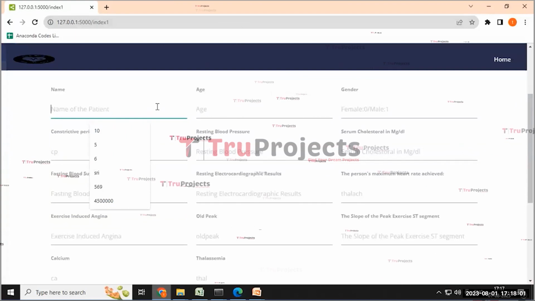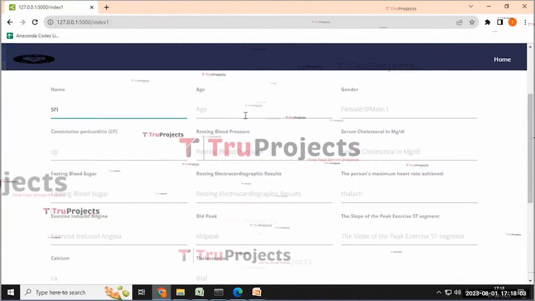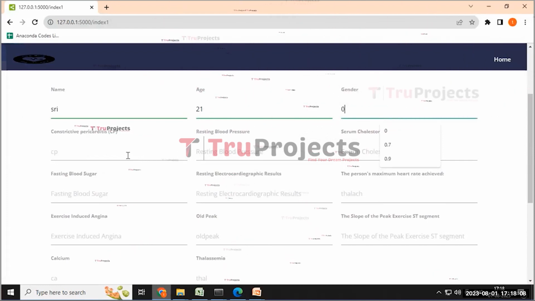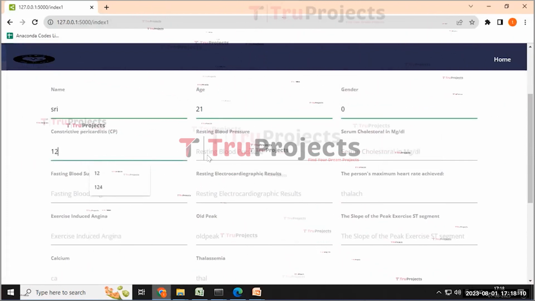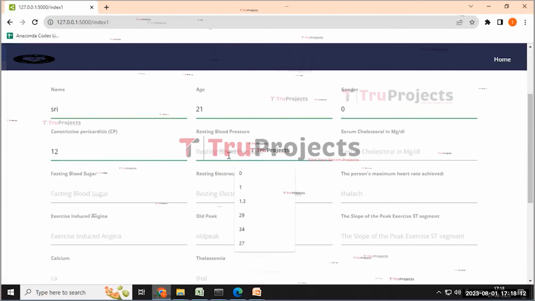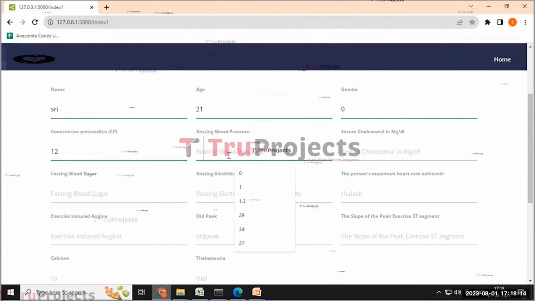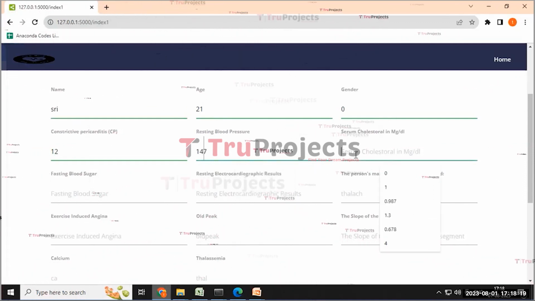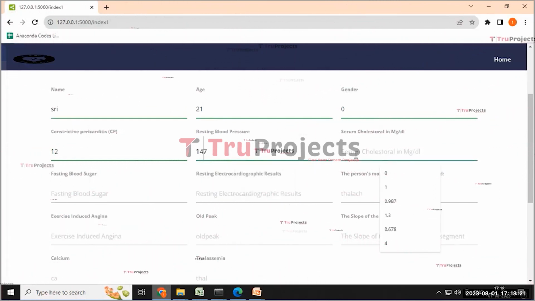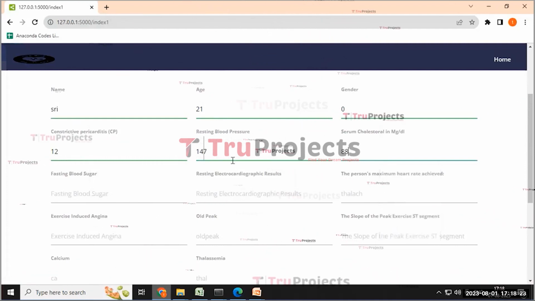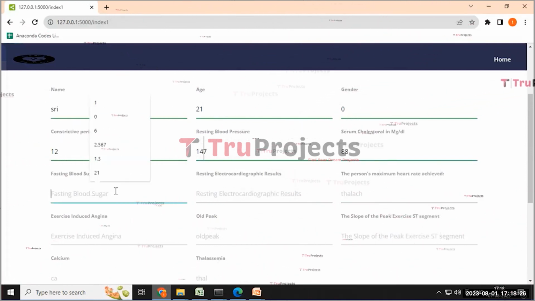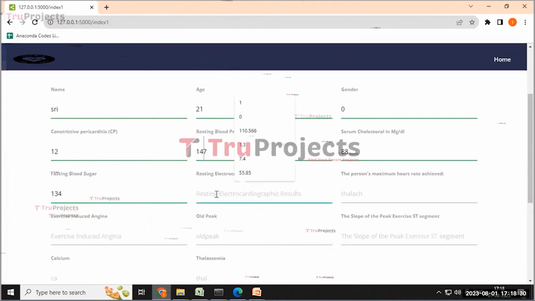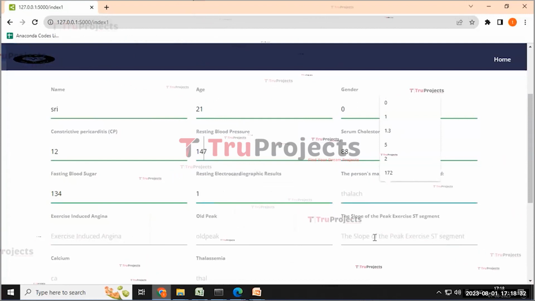Specifying the name as Sri and age as 21, and female I'm entering 0 and CP as 12, and resting blood pressure as 147, and serum cholesterol is 88, and the fasting blood pressure is 134, and the resting electrocardiographic result is 1, and the person's maximum heart rate achieved is